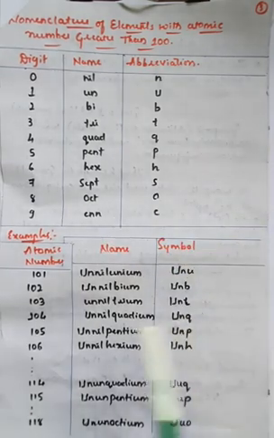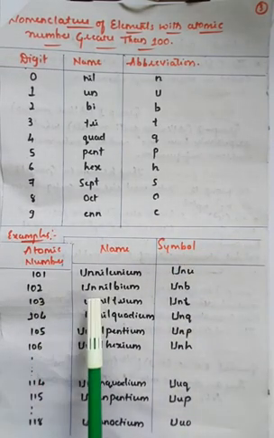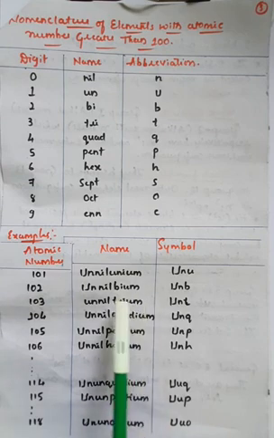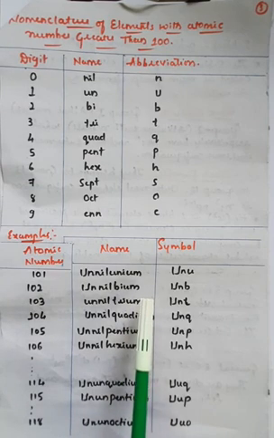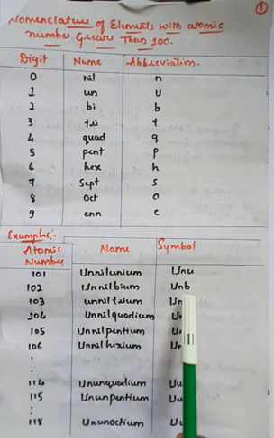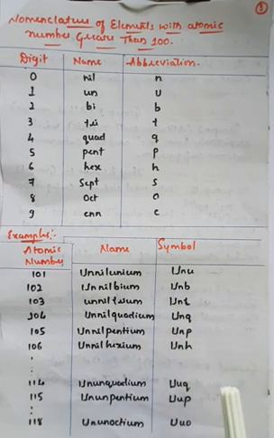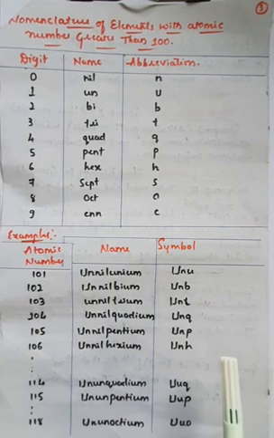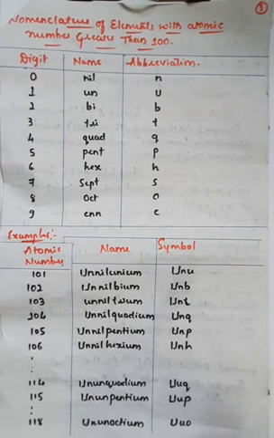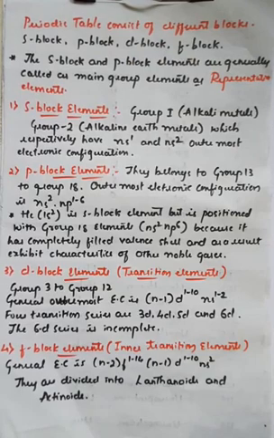So we have seen many examples, like 102 is called unnilbium, right? At the end, we must add the word ium, and in the symbolic representation we can write it as Unb, like this. Even in the workbook we have given some examples, and some of you have already given back the answers for the nomenclature of elements with atomic number greater than 100. That's all we learned in the previous class, but in today's class we'll go with the extended part of